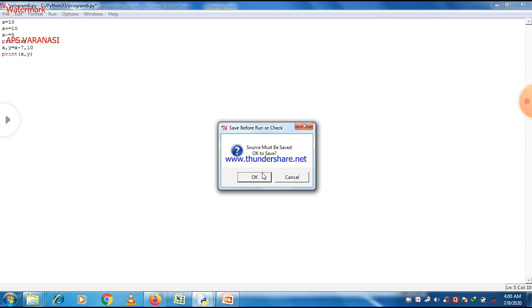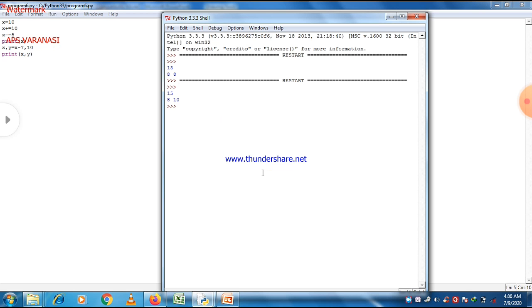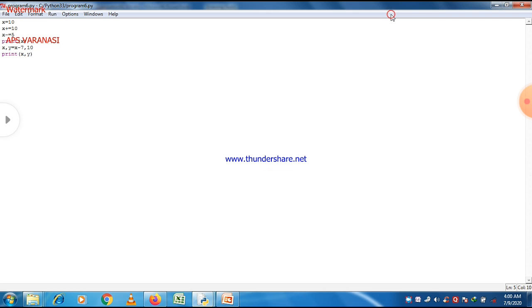So the first value is 8 and the second value is 10. Yes, 8 and 10 is the final answer, and 15 is the first value. 8 comma 10 is the answer.